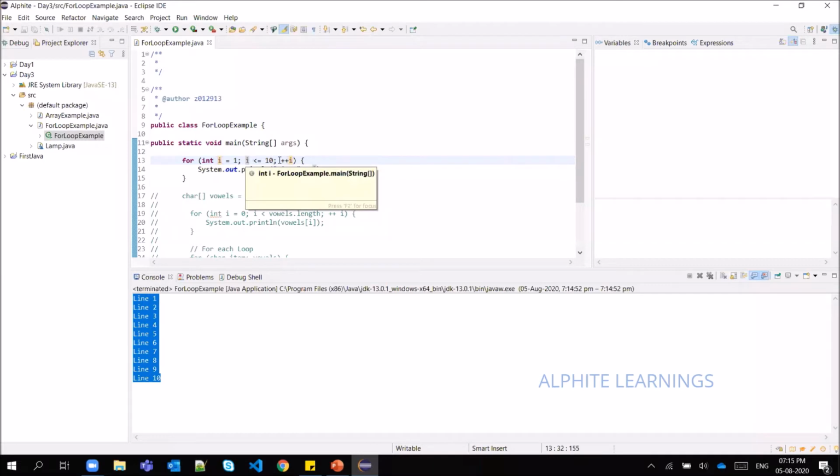Once the i value is 10, it will check if i is less than or equal to 10. Obviously yes, it is equal, so it is true, and this statement will get executed. At the same time this increment will also happen, so the i value will get incremented to 11.